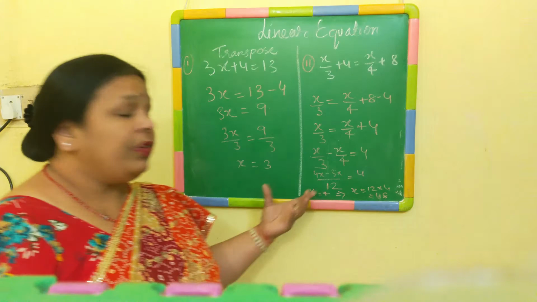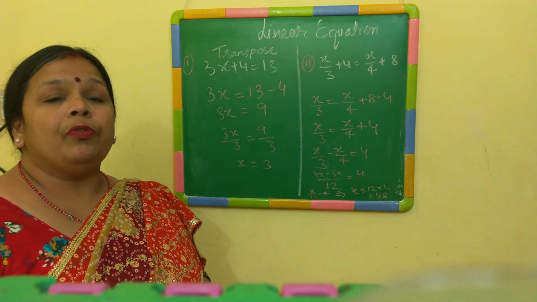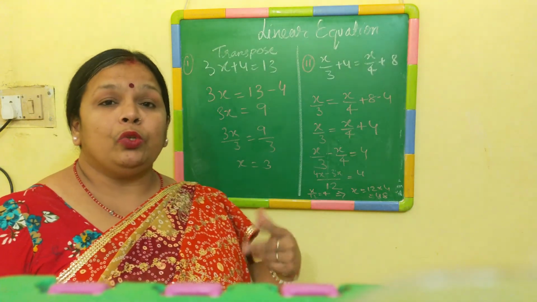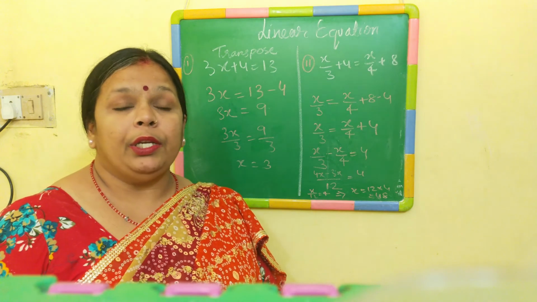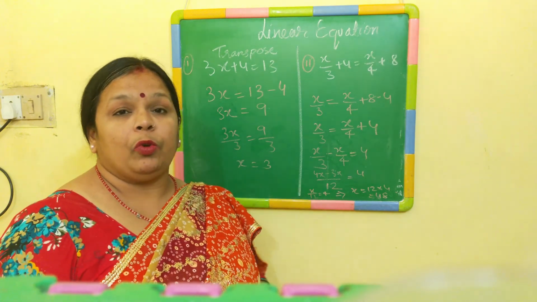Clear? Now we have seen all the 6 rules which we have used, either one rule or combination of rules to solve the linear equations. We will be ending our session for today and soon we will be meeting with the second part on linear equation where we will be solving the word problems, framing the equations and solving them.